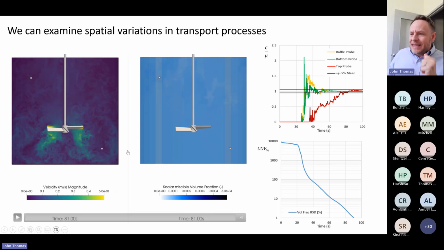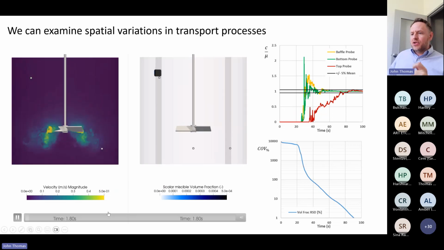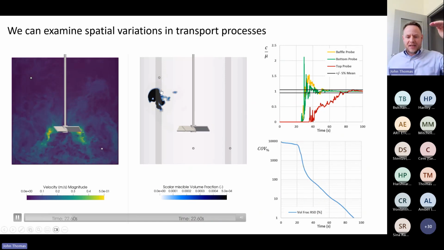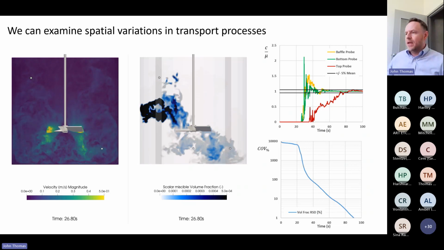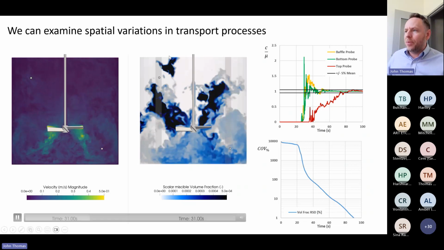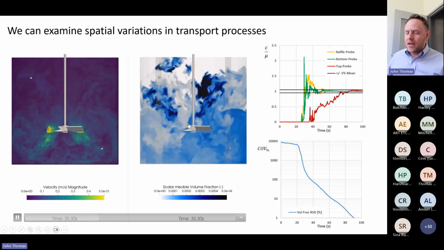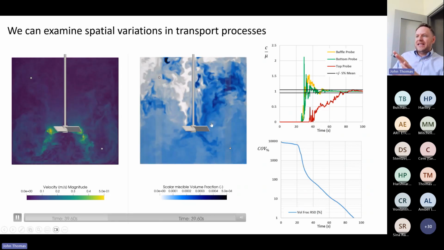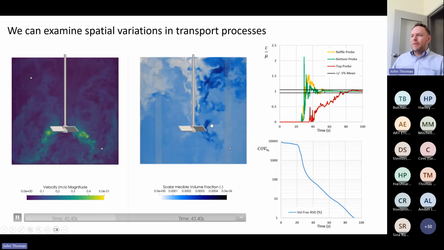Okay. What's really neat about these types of approaches is the fact that we can model these spatially varying processes. So again, here's just a simple water system. I'm just agitating it with a pitch blade impeller. And importantly, I have 3 probes inside this system. And I added some dye there. I added the dye at the start of the process. I could have added it later. It's fine. Here I'm illuminating one plane through this 3-dimensional domain and watching both the velocity and the dye homogenize